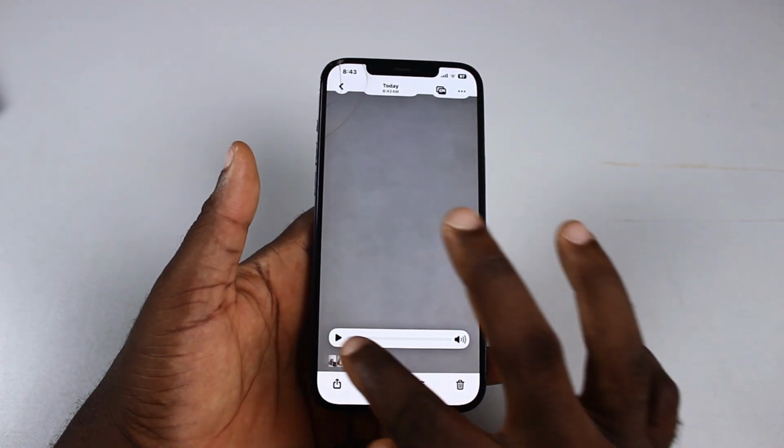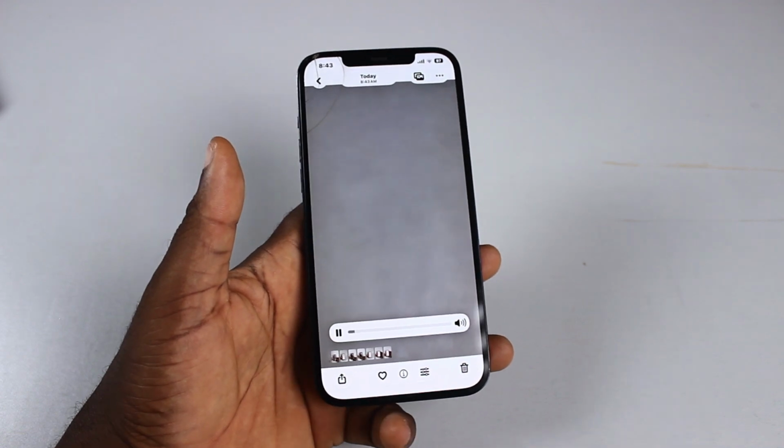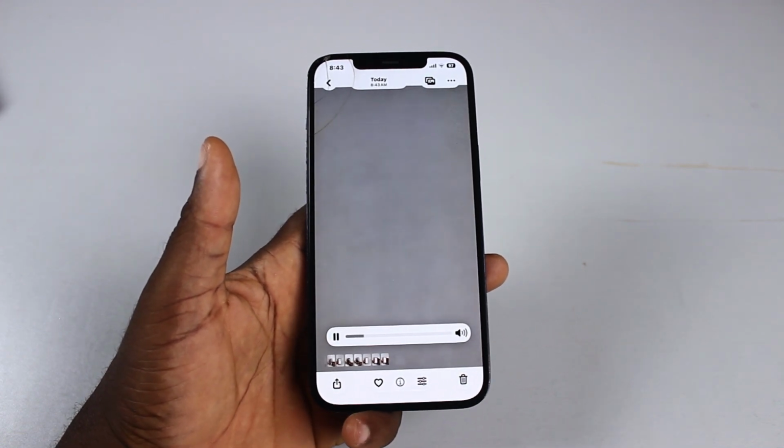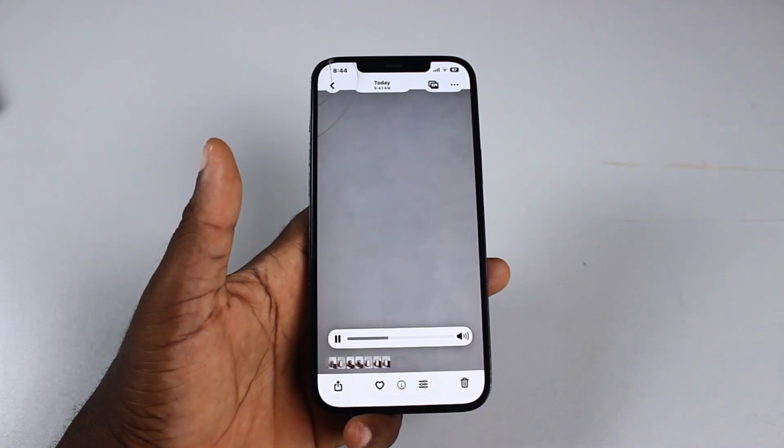Now let's listen to this. While your phone is recording, swipe down the control center. Click on the camera. Make sure this is set to voice isolation,